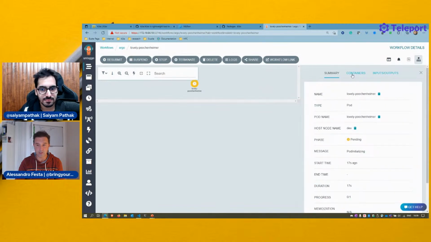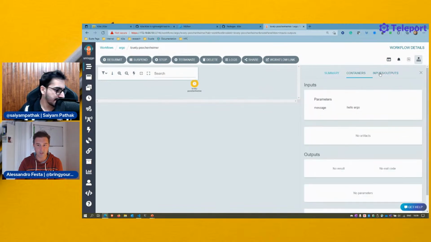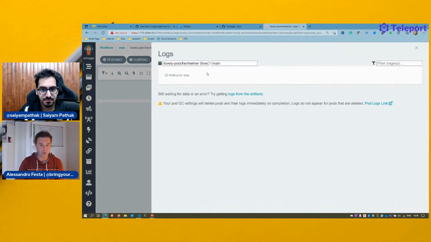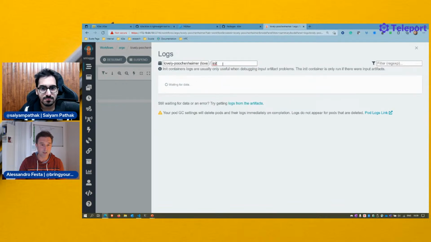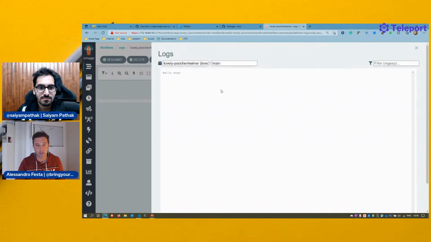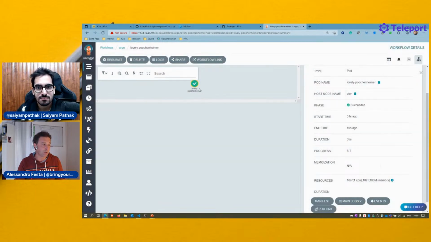And you can see the containers, input, output, summary, and you can probably also get the logs, like the main, the init is waiting for the data and so on. Did I have to learn how to deploy Argo? Did I have to understand how Argo can be run on top of Kubernetes and so on? No. All I've done was K3ai plugin, deploy Argo on this cluster. That's it. That's all I need. And once it's finished, hello Argo. And as you can see, the green says that everything's been done.